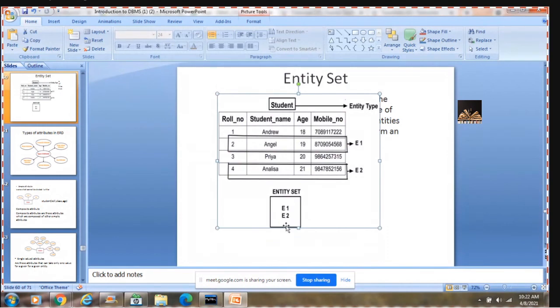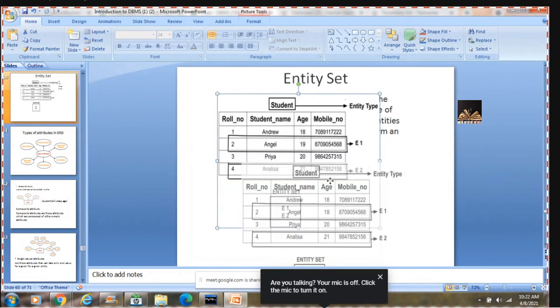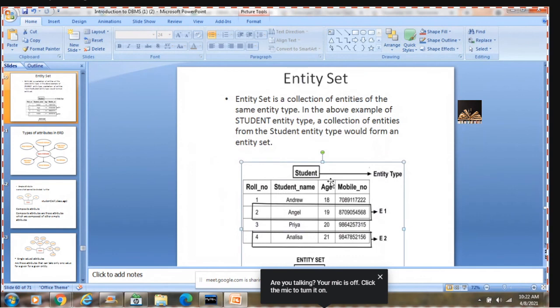E1 and E2 are of similar entity type. I'm only working with two. If I want to work with roll number 1 also, I'll make this E3. E1, E2, E3 would be an entity set because they are of the entity type called student. So the definition once again: it is a collection of entities of the same entity type.